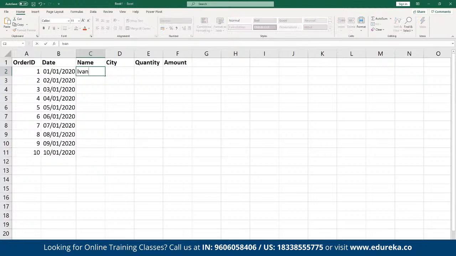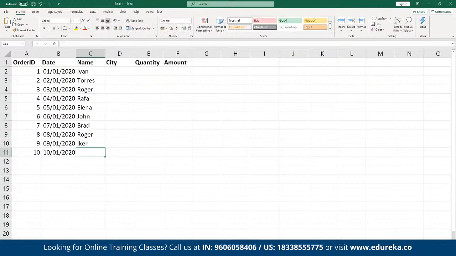Suppose, for example, here we have Ivan, we have, suppose, Taurus, we have Roger, we can have Rafa, we have Elena, we have John, we can have Brad, Roger again, then we can have Iker, and then we have Chris. Suppose we can have any random entries here, and suppose here it can be New York, it can be Washington,